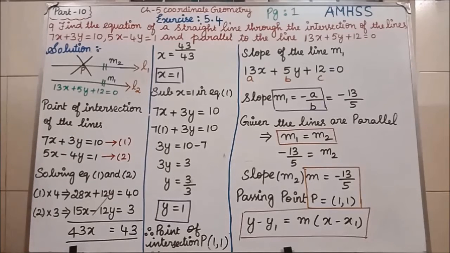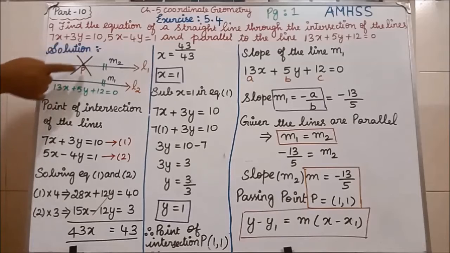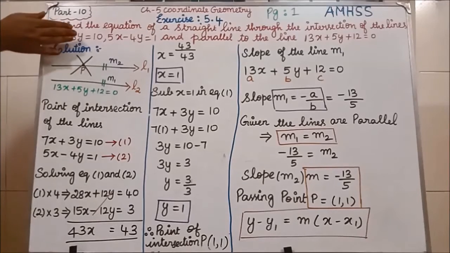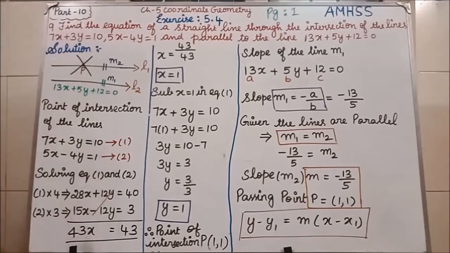Here, at which point are both the lines intersecting? At the point 1 comma 1, both the equations are intersecting, that is the line N1. Clear, students? Okay. With these two equations, we have got the point of intersection. Till now, forget about this, because we have got the values from these two equations. Next, in the question, what were they saying?